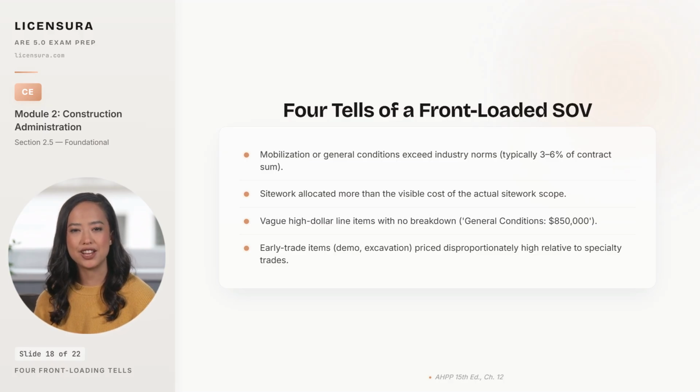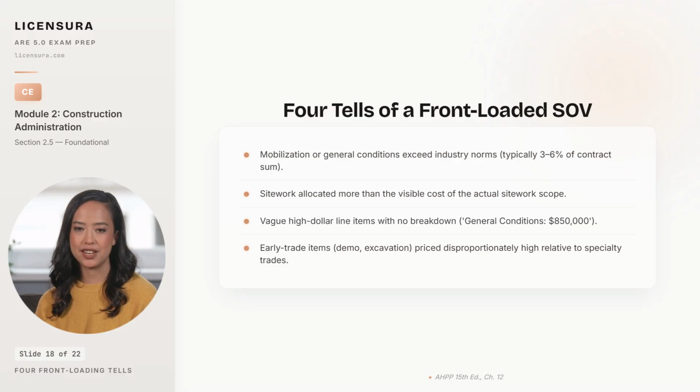First, mobilization or general conditions exceeding industry norms. Most projects land between 3 and 6% of contract sum on these line items. A number outside that range without a clear reason is the contractor recovering early money. Second, site work allocated more than the visible cost of the actual site work scope. When the demolition and excavation line items together exceed what those scopes should reasonably cost, the contractor is loading dollars